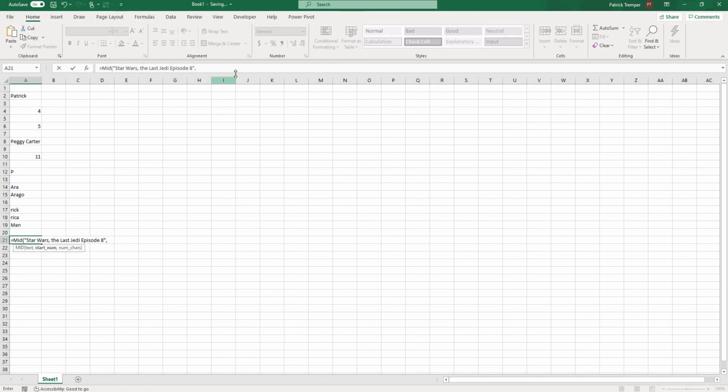It lets me choose where I can start. I'll start at number 5 and go on for 4 characters, excuse me. And it will return